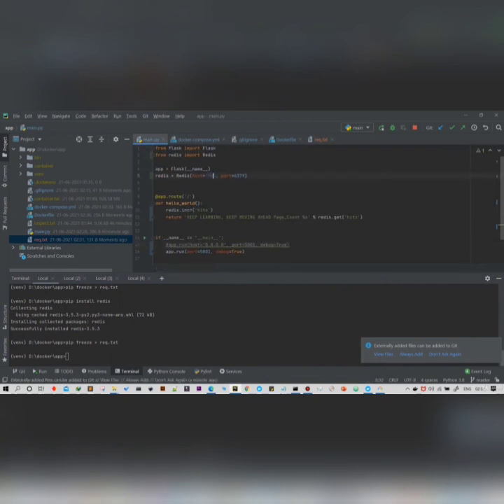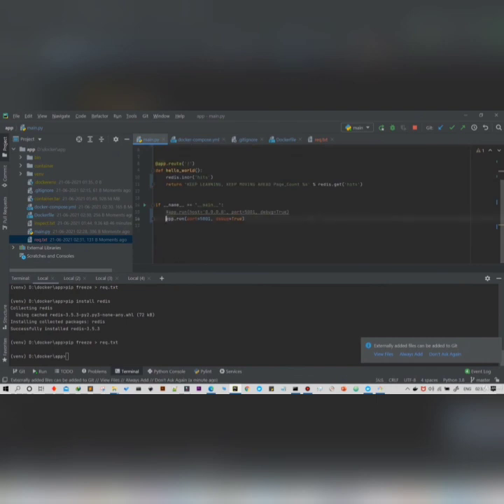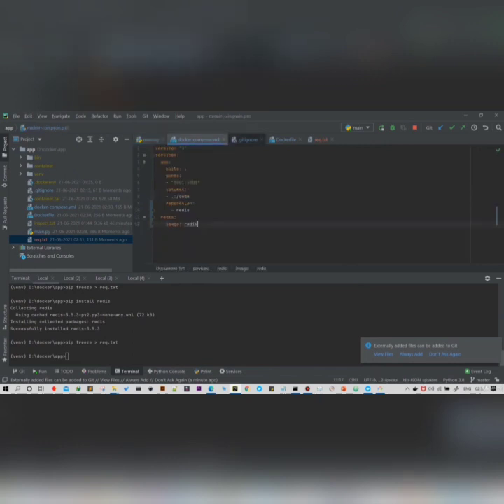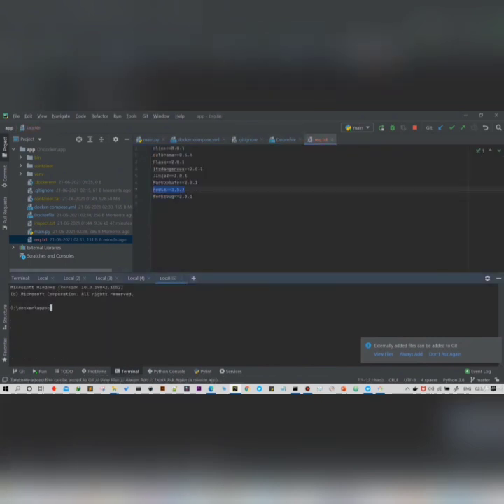So now our requirements.txt file is also ready, and now let me check that all the things are well. Here you need to make some changes, because we don't require localhost here, we require the Redis server here, and yes, we need to use the host 0.0.0.0. So all the things are now changed, and I don't think any other changes are required here.